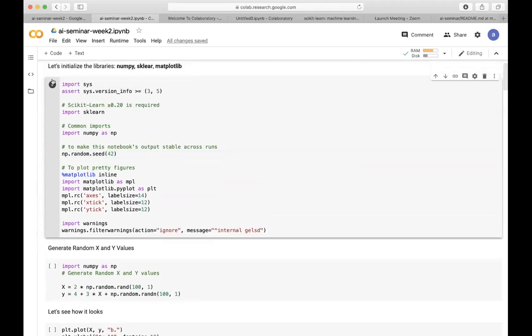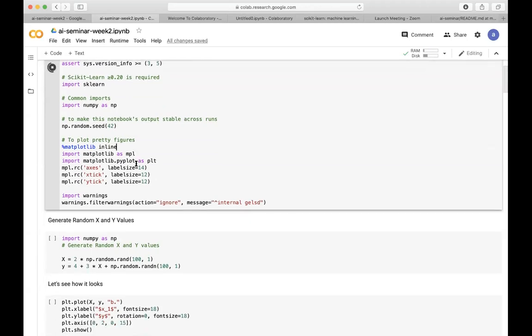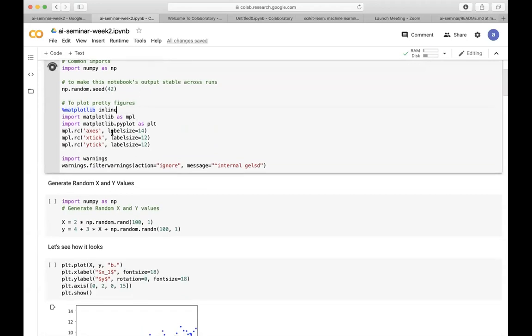So right now I'm just going to be running the cell. It's not going to do much over here. It's just going to initialize the Jupyter Notebook. As you can see, it is still running. Usually it doesn't take that long, but yeah, once this thing runs,